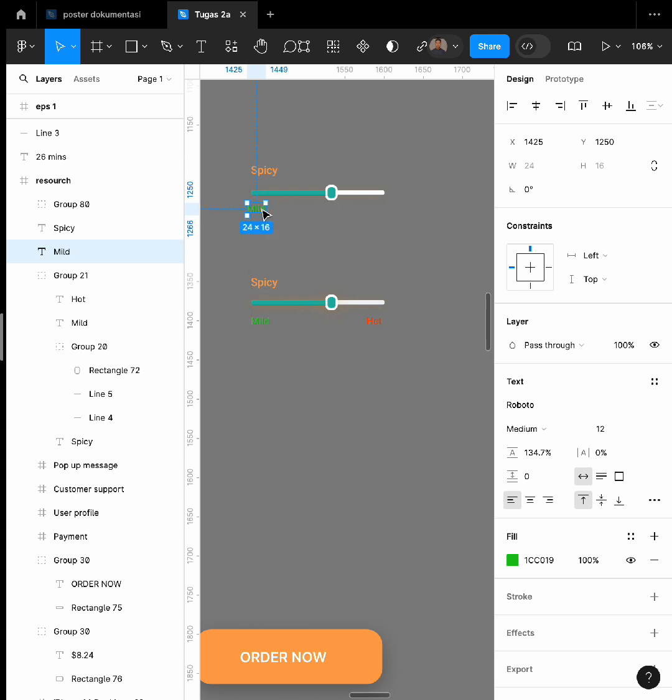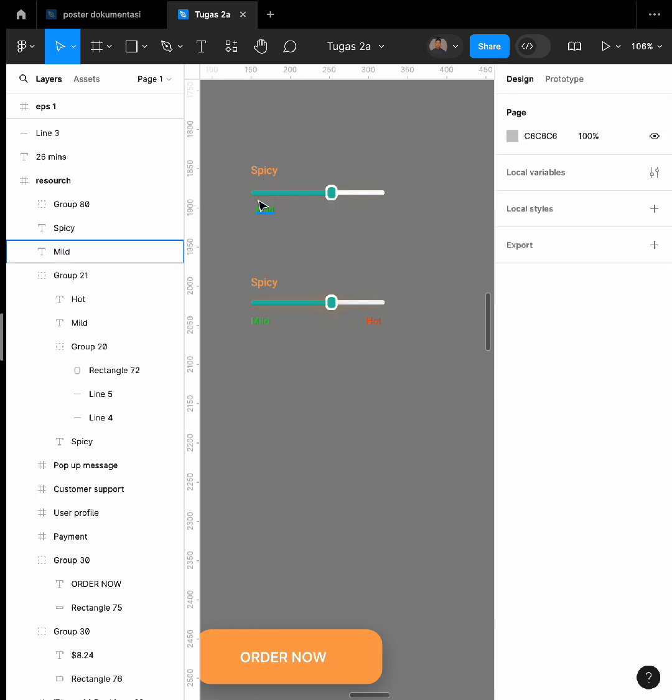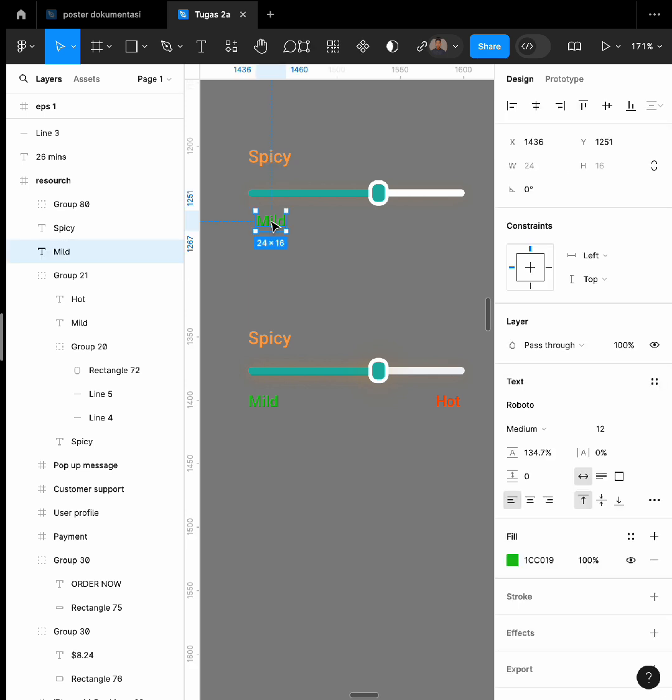You put it on here, customize until it seems neat, look like neat like this.